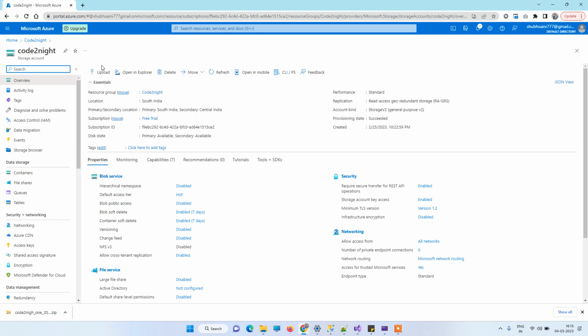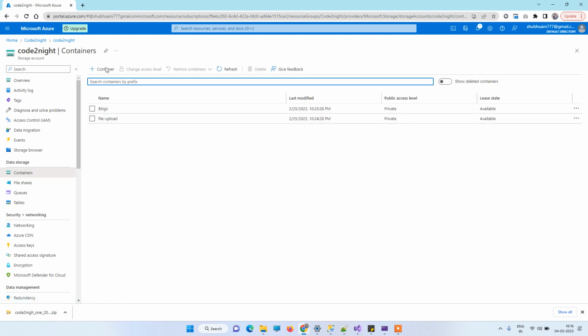and then what you have to do is you have to create a new resource group for a storage account. So I will let you know the steps in another video. But once you do create the resource group for storage account, then what you have to do is you have to go to containers,